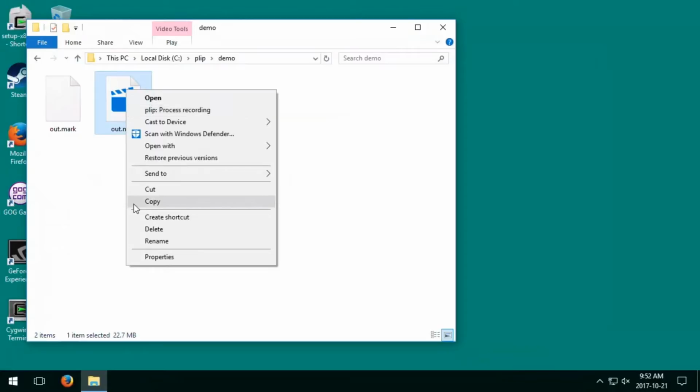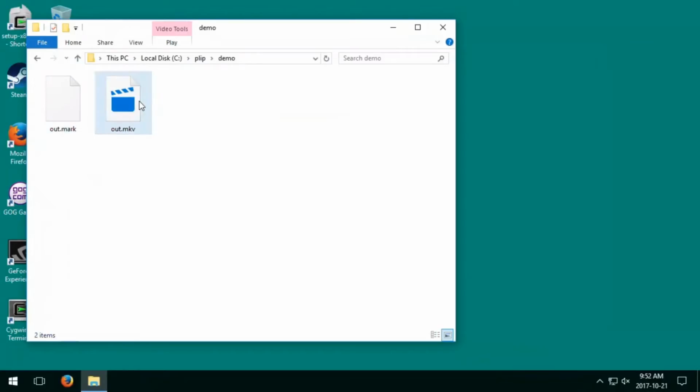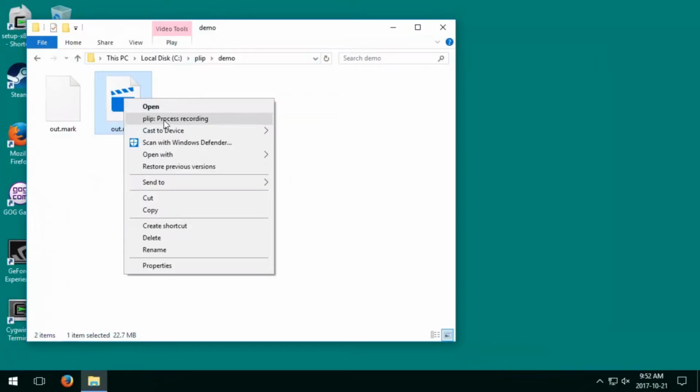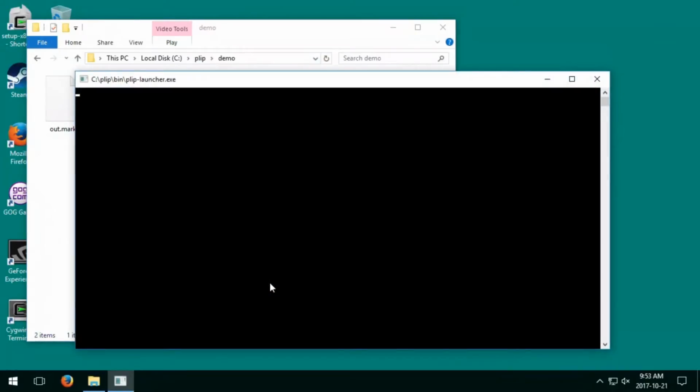So process recording takes this raw recording that was created by OBS, and the marks. When you use the OBS monitor, it outputs all of that mark information you made, all of those times you clicked a button, to a .mark file. Out here is just what I named my recording. You can, of course, name that whatever you want to in OBS. And if I do plip process recording,